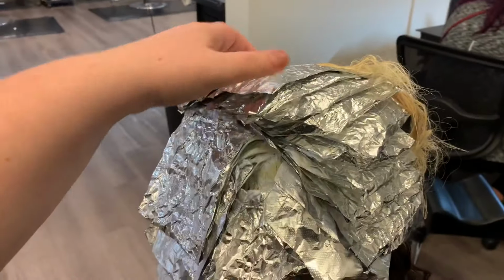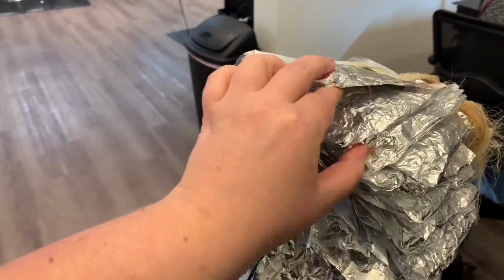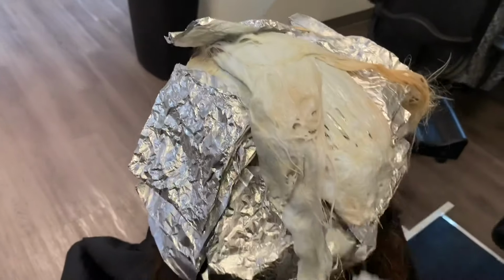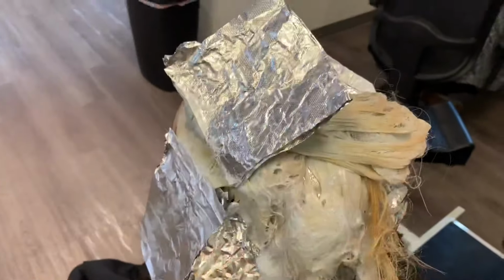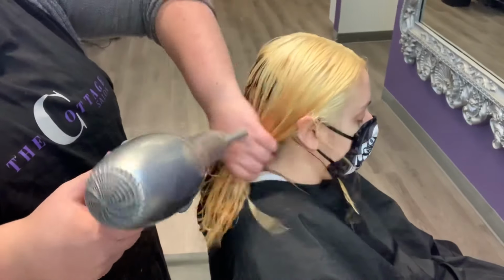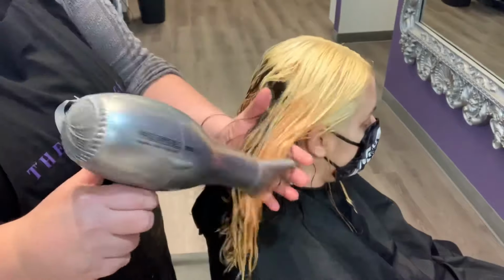All right, so you can see here that her natural hair processed really nicely, got really light, but her ends are still kind of brassy, which is fine for the color that we'll be doing. I ended up doing an Olaplex treatment on her hair just to be safe and make sure her hair was nice and healthy. And you can see that we're now going to blow dry her hair, and through the ends,